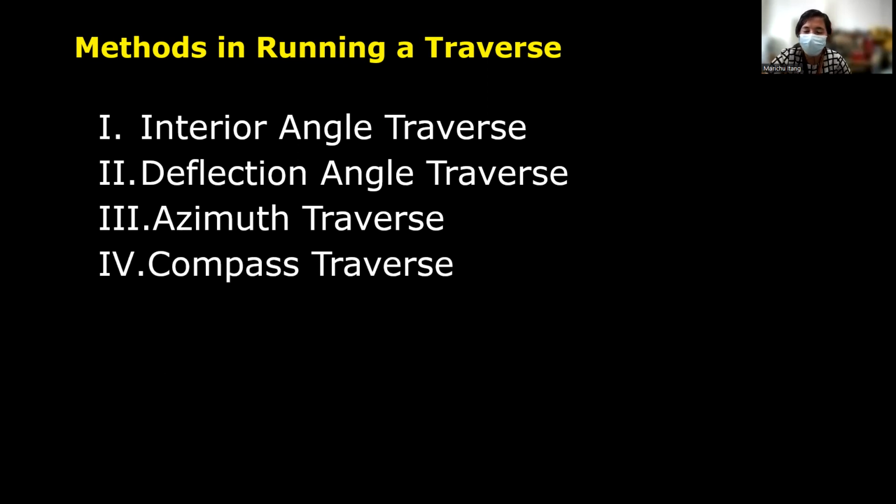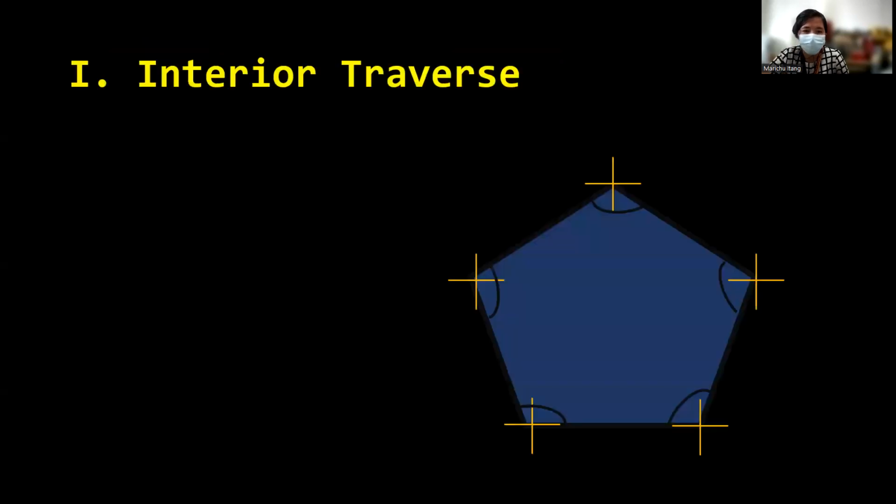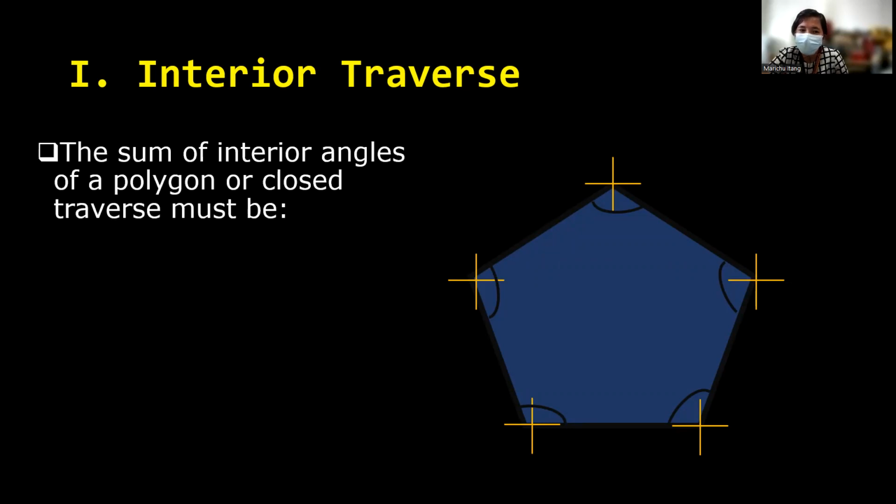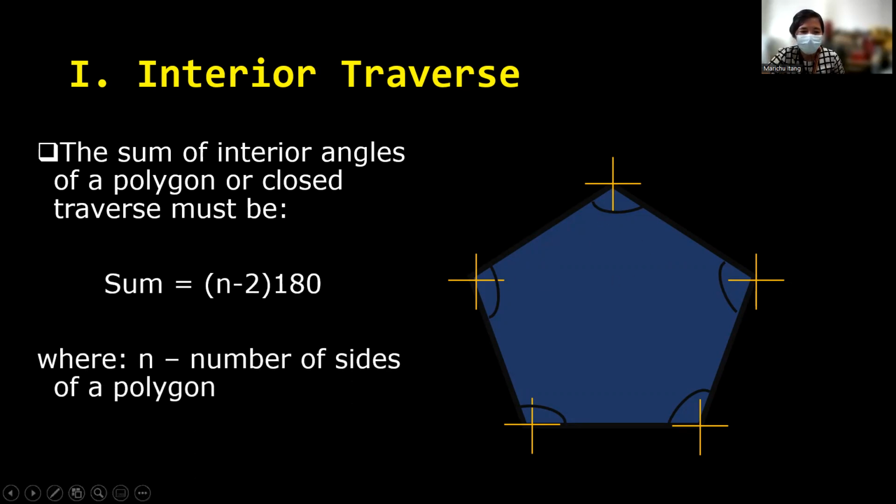So let's discuss. I have here a sample of the interior angle traverse and the deflection angle traverse. For the interior angle traverse, the sum of the interior angles of a polygon must be, since it is closed, the sum of angles 1, 2, 3, and 4 should be equal to n minus 2 times 180. This is how you get the sum of the total angle of